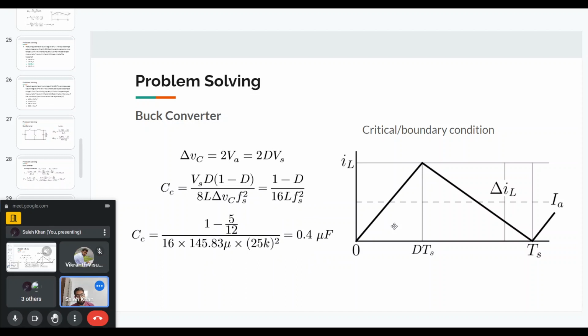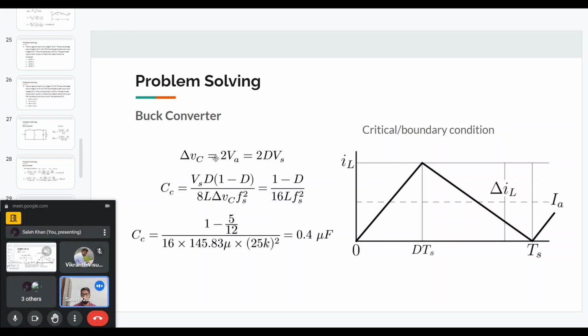Now the question is also asking about the critical value of the capacitance. Again, you can do the same thing; I've not shown the figure, but the peak-to-peak voltage of the capacitance should be twice the output voltage. If you substitute it, you will get this formula or expression for the critical capacitance, and then you substitute the values. In this case, we will substitute the value of the inductor we found earlier. So you will get a capacitance of 0.4 microfarad. So this is what is asked in the question,